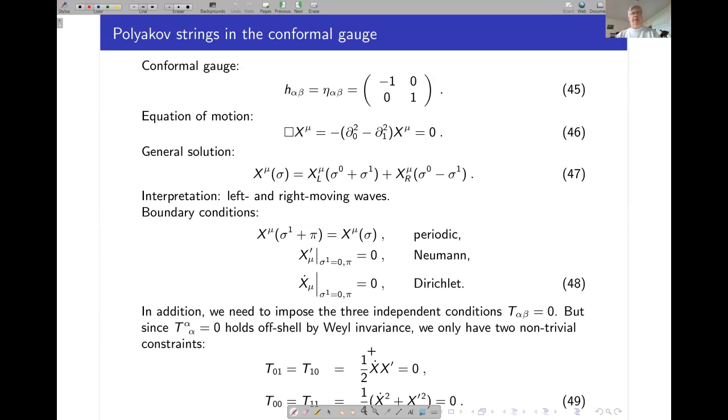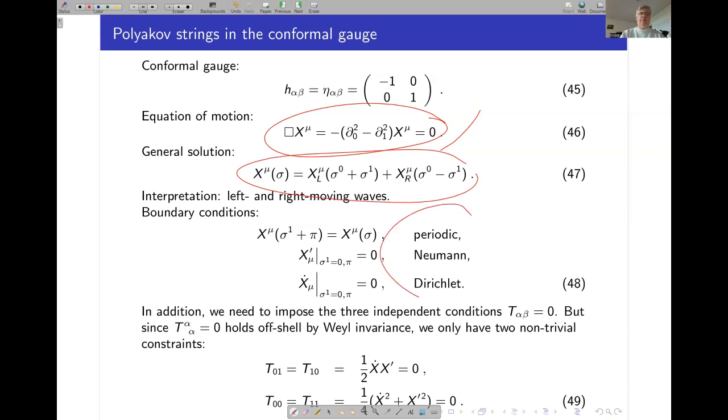So this slide is more or less for reference. Let's briefly go through it. The metric is a flat Minkowski metric. The equation of motion now becomes the two-dimensional wave equation, which we know how to solve in general by left and right moving modes. But we will also have to impose boundary conditions, which we will see today how this works, and we have